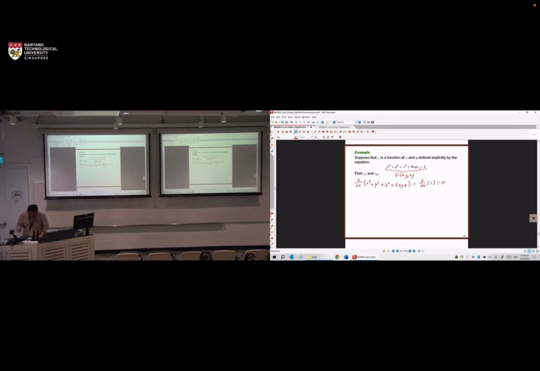So this is what you will get, 3x squared. You differentiate x cubed, you get 3x squared. Differentiate y cubed with respect to x, you get